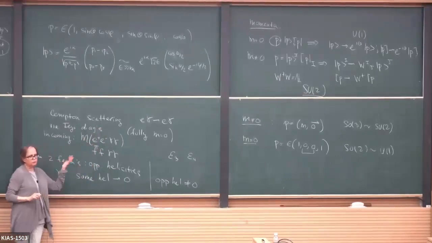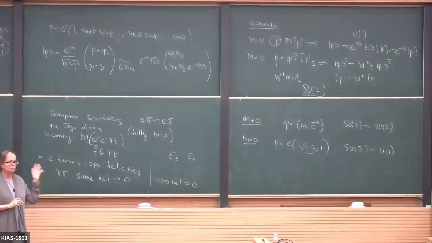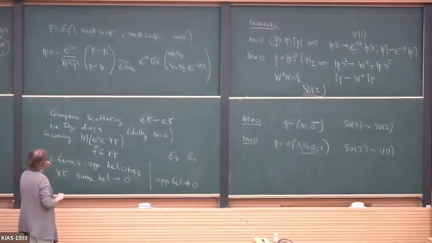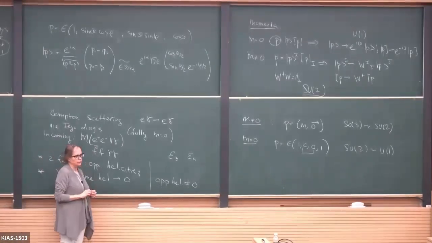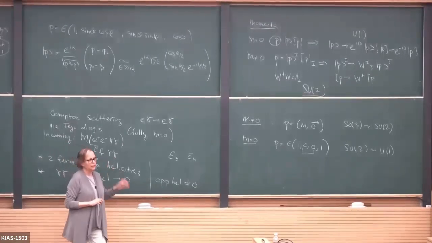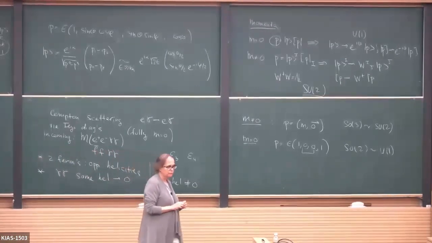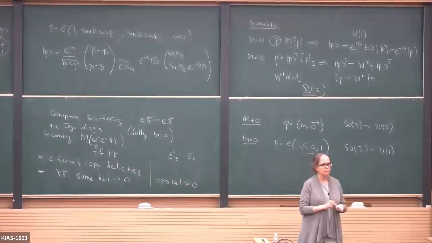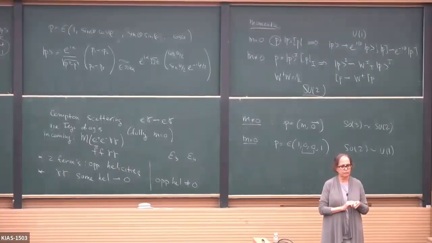Okay, so you have 2 diagrams that contribute. You do the usual thing that you always do. The only thing is that you now use these 2-component spinors, and you use the reference momenta, and your life gets much simpler. What I want to ask you is, when we calculate this amplitude using the original method, I didn't need to consider this variable.